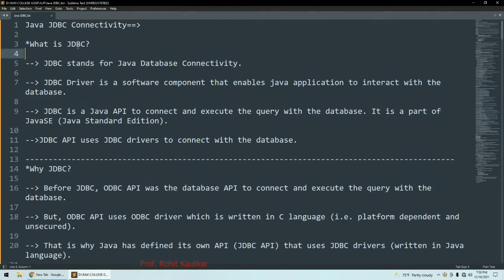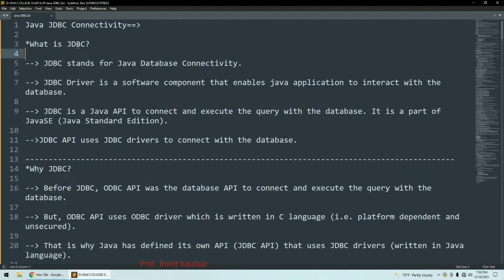So in order to establish a connection between your Java program and your database, you will require the JDBC driver. This is a software component, you can say, that enables a Java application to interact, to communicate with a database. Here your database may be MySQL, MS Access, Oracle, etc. JDBC is a Java API.